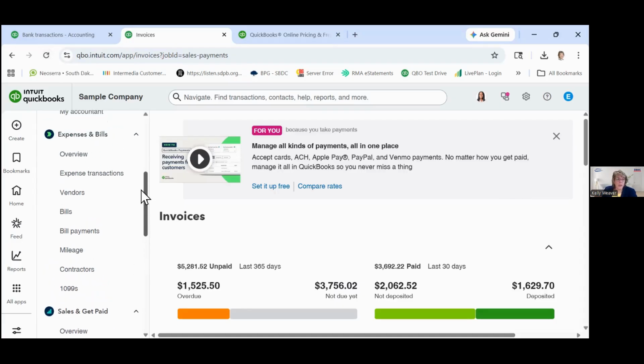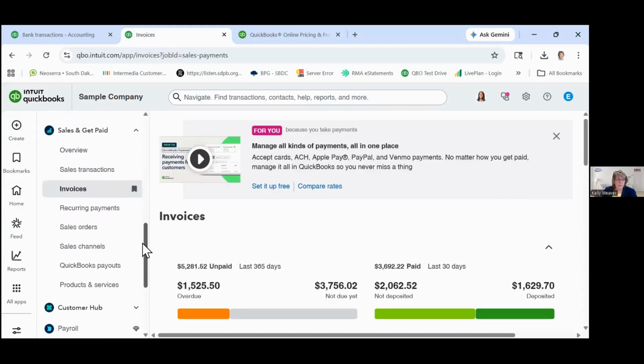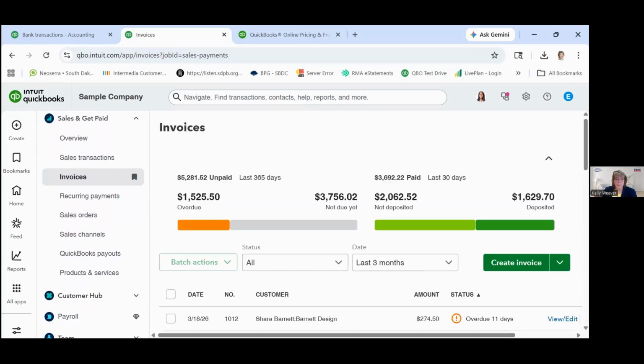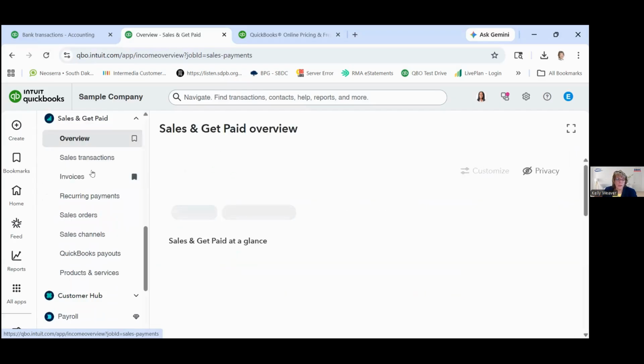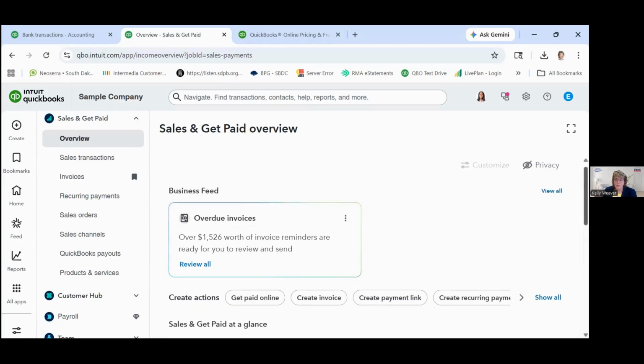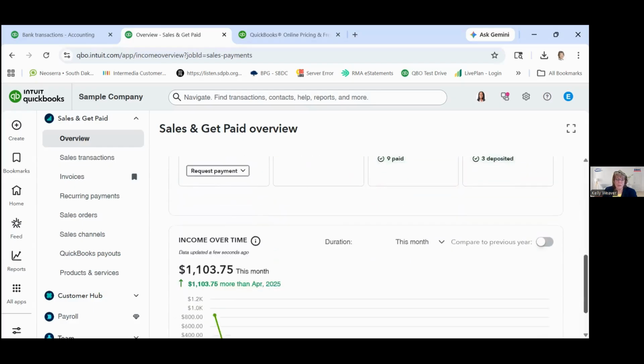So under the sales section, we have overview, and then we have all these different sections. And if we click on overview, all these sections also show across the top. Not quite in the same way as they used to.